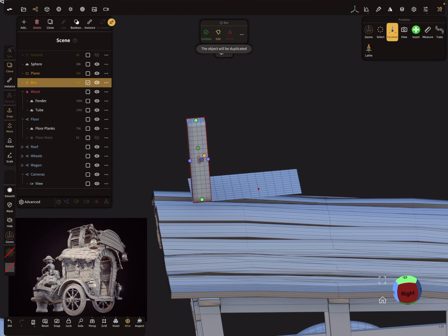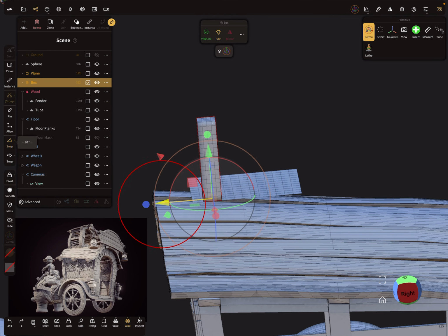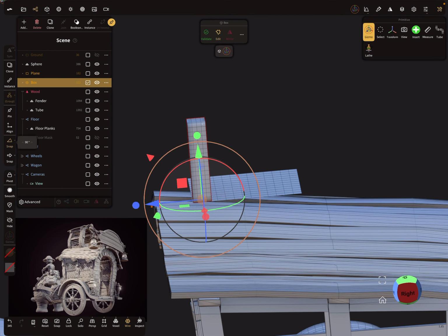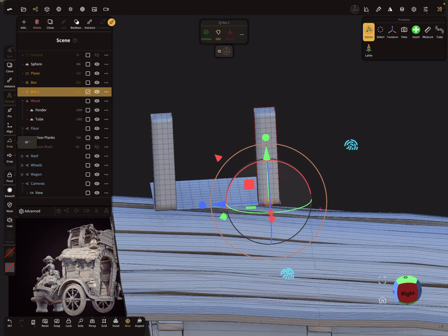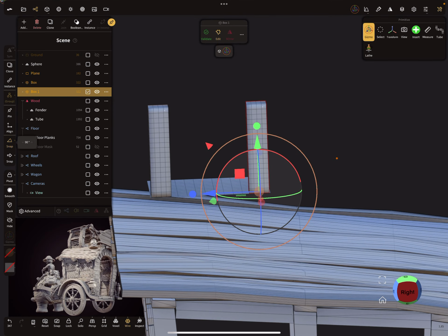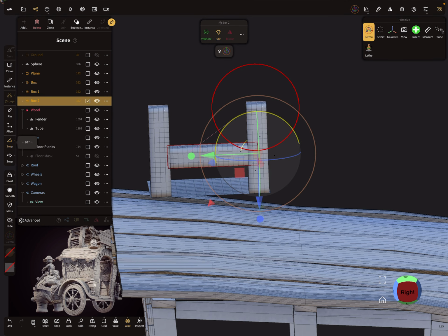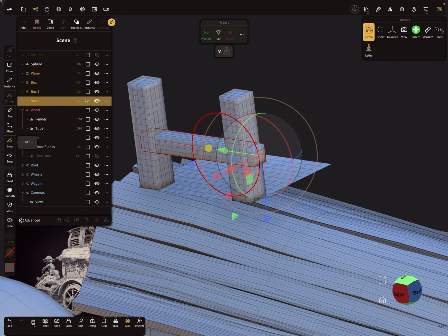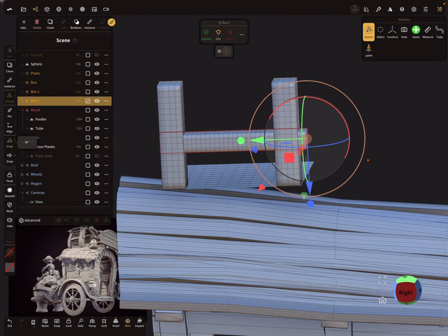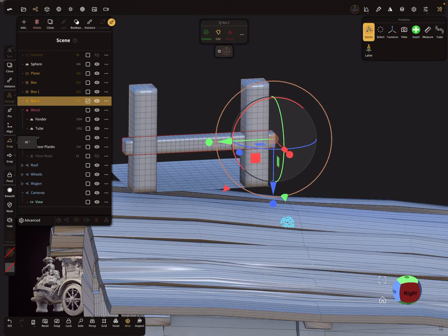Then I clone it. Clone, clone, clone. So we need another box, another clone. Maybe a little bit smaller.